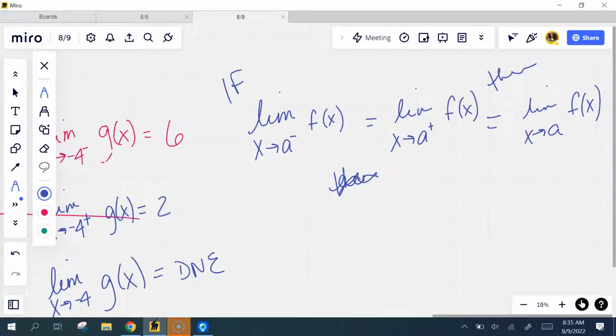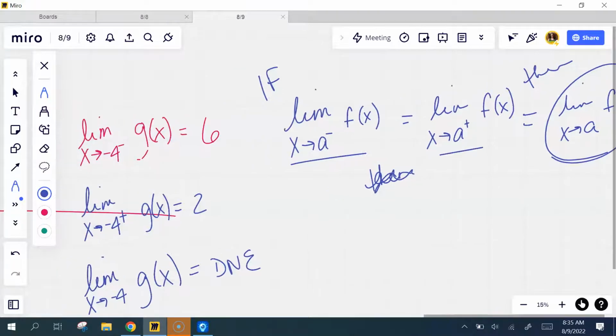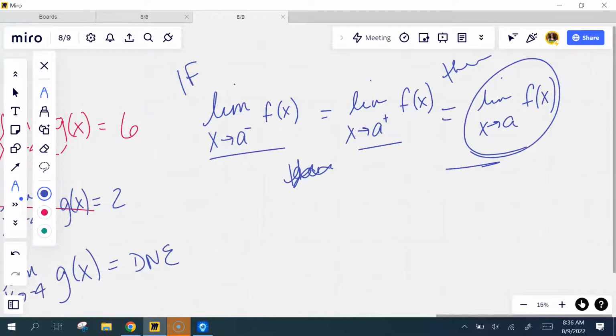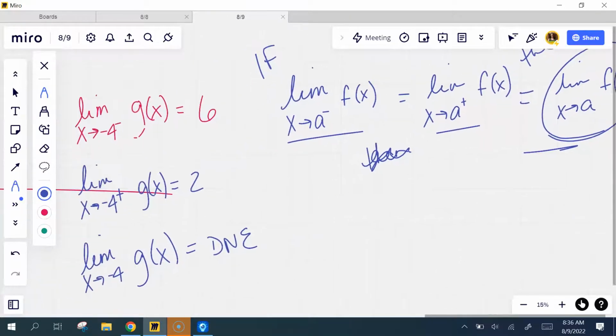Okay? But in order for this to be defined like this, they've got to be equal here. If the left-hand limit and the right-hand limit exist and are the same, then the limit at that specific point is the same. So for instance, if I were looking at the same graph,